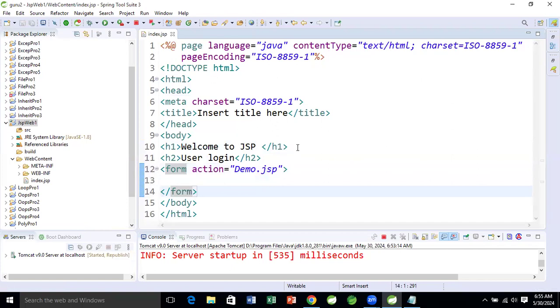Okay, and here we do not need to specify the methods. JSP can accept any type of request we send from here. So here, input, username,